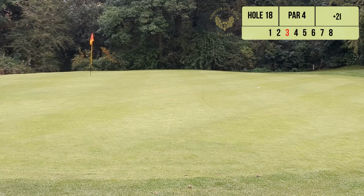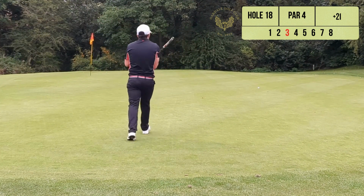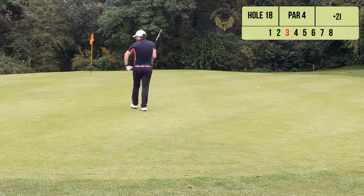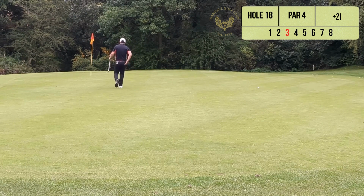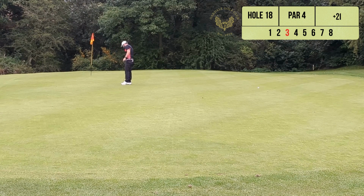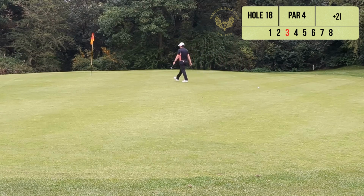Right. Birdie putt. 2 for par. Which is the usual order of things. Where did we land? Where did we land? Here. Which that is exactly what I wanted to do. Admittedly, if I could have been a bit more over there, it might have been a little bit better, but I'm not complaining. I don't really even see these as birdie putts. I see them as I've got 2 putts for par, because I'm still